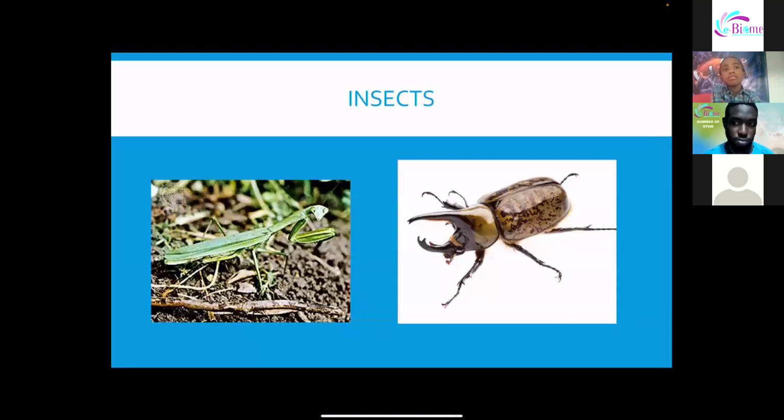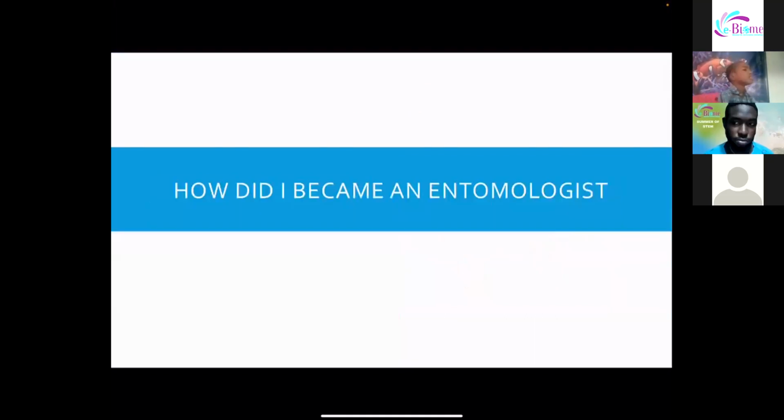You guys are bright kids. Can you tell me which ones these are? The second one is probably a stag beetle. It is a beetle, but what kind of beetle? It's a rhino beetle. Yeah. There's a difference between a rhino beetle and a stag beetle. Stag beetles have pincers that are horizontal, while rhino beetles' are only vertical. Perfect. And the other one? It's a praying mantis. Perfect.